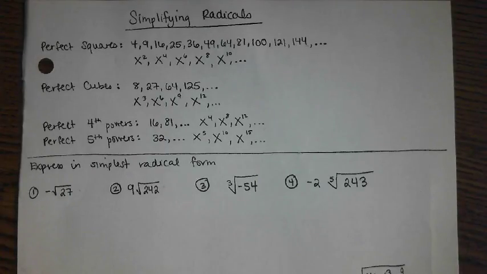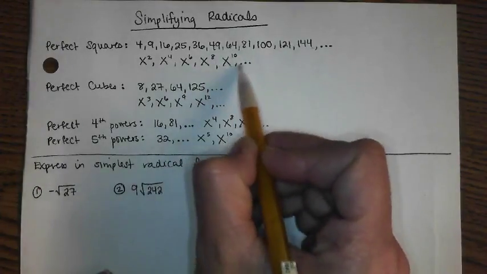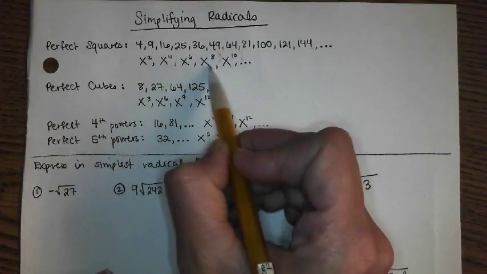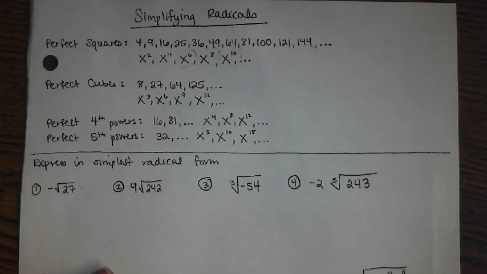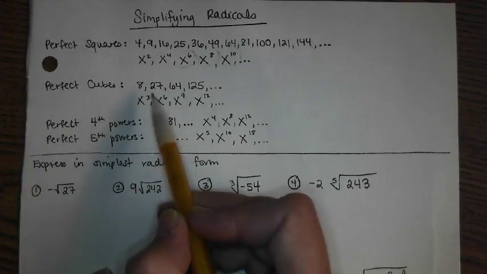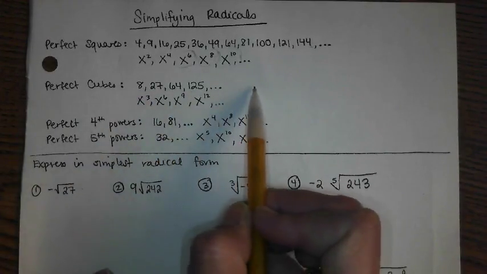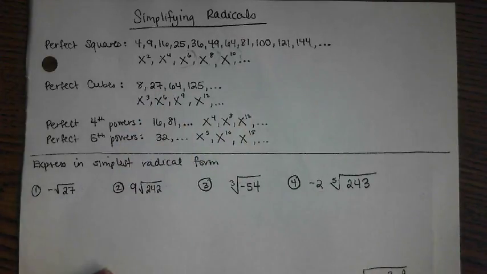Because their exponents are evens, aka they're multiples of 2, right? So they have square roots. This one's square root is x to the 5th. This one's square root is x to the 4th. This one's square root is x to the 3rd, and so on. Okay? Perfect squares. Perfect cubes, the lists are a little bit shorter, because obviously if you're multiplying something by itself